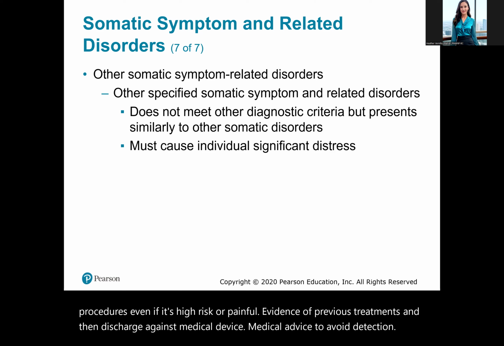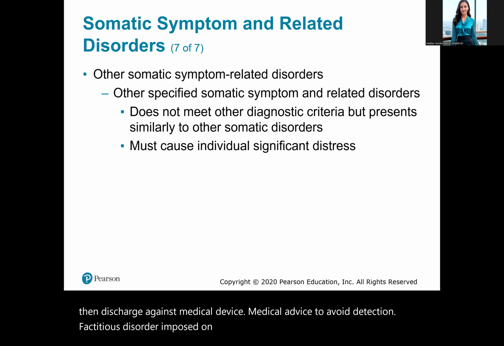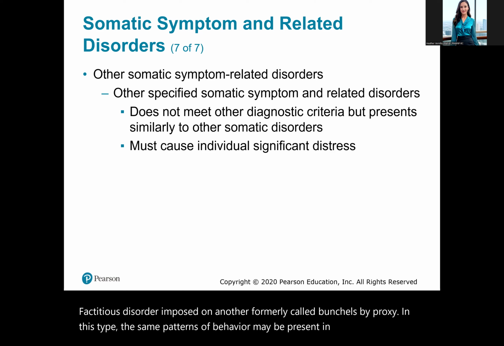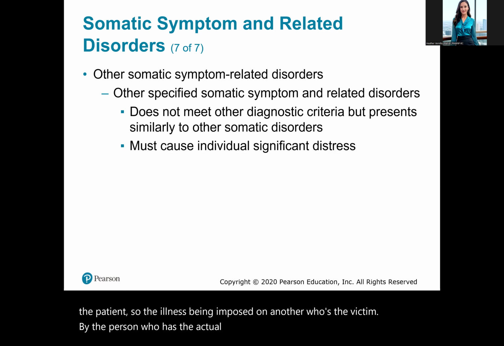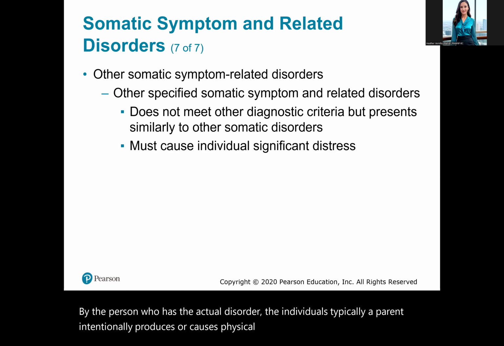Factitious disorder imposed on another, formerly called Munchausen's by proxy. In this type, the same patterns of behavior may be present in the caregiver versus the patient. So the illness is being imposed on another, who's the victim, by the person who has the actual disorder. The individual, typically a parent, intentionally produces or causes physical illness or condition in another person, which is usually a child,